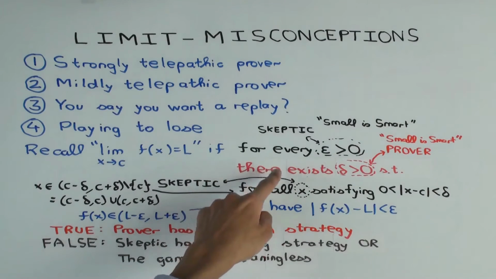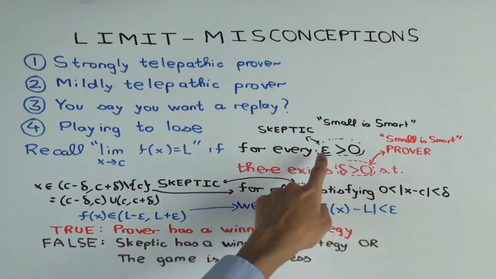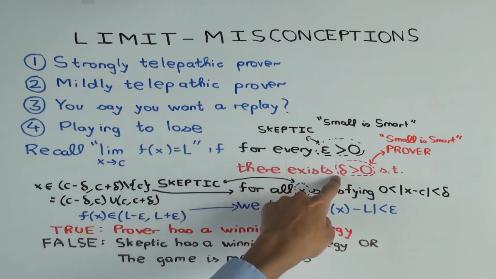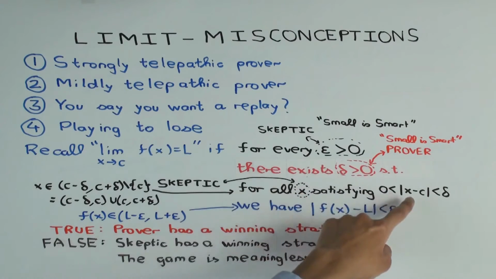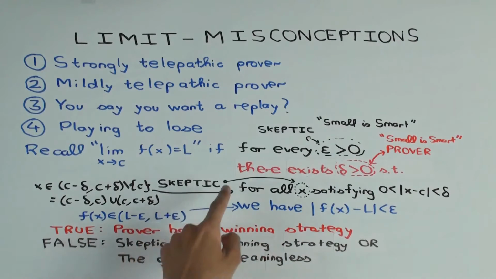The prover is then picking a delta. What is the goal of the prover in picking the delta? The prover is saying, here's how I can trap the function within that interval. I'm going to pick a delta. And my claim is that if the x value is within delta distance of c except the point c itself, so my claim is for any x value there, the function is trapped in there.